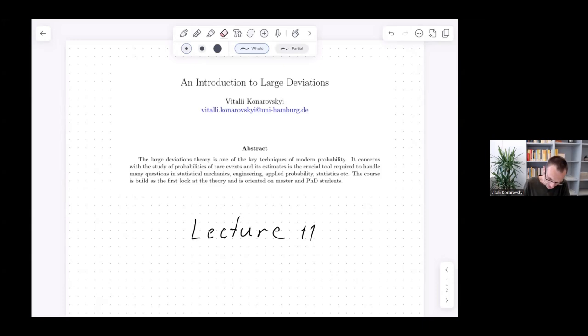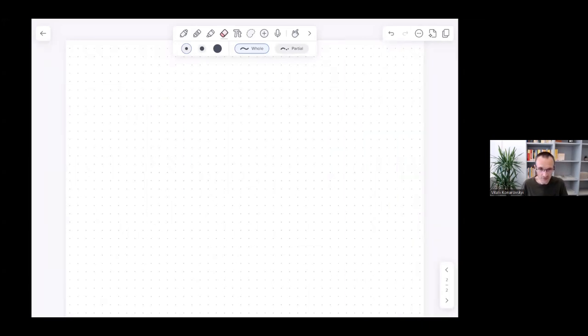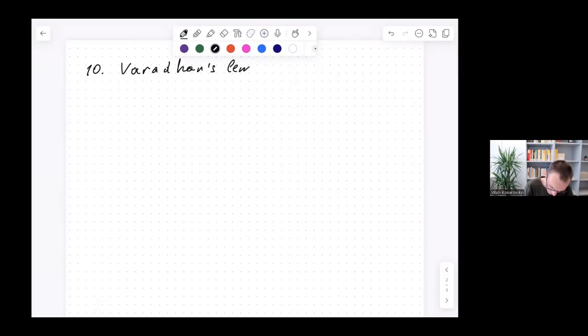Therefore, the lecture today will be called Varadhan's lemma. It is section number 10 in the lecture notes. And after that, we will also discuss Bryc's theorem. And here we would like to realize the following idea. Let me start from a simple